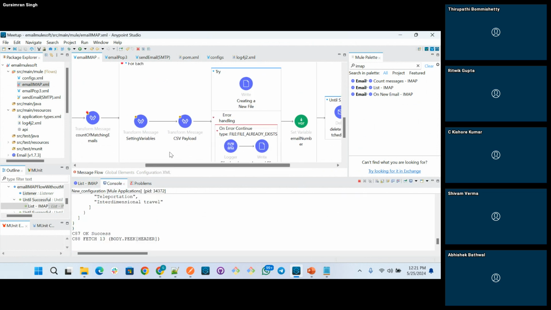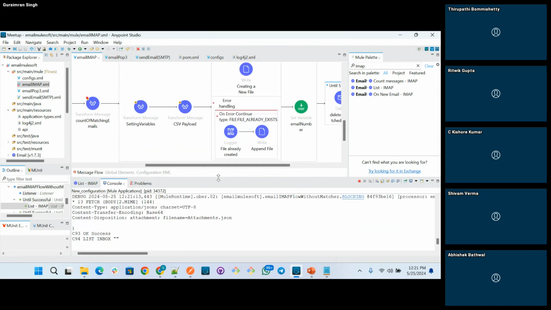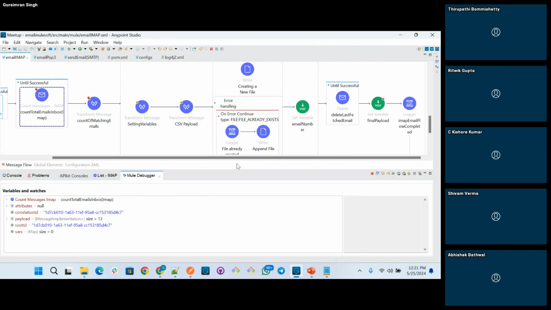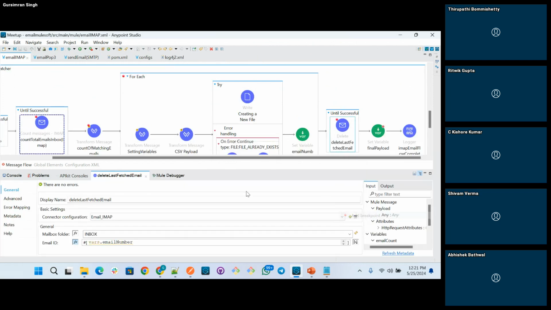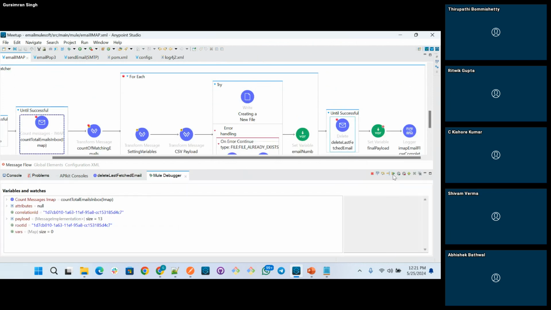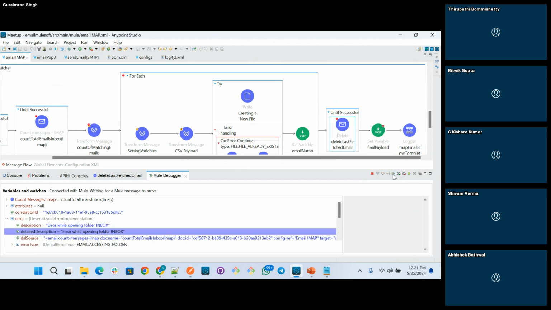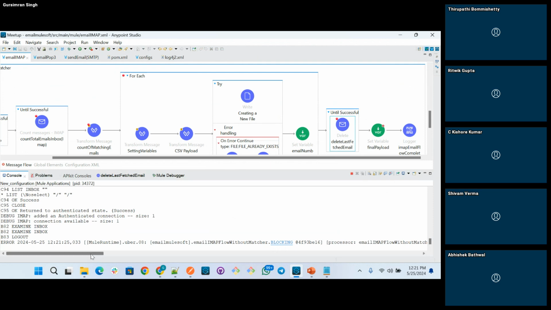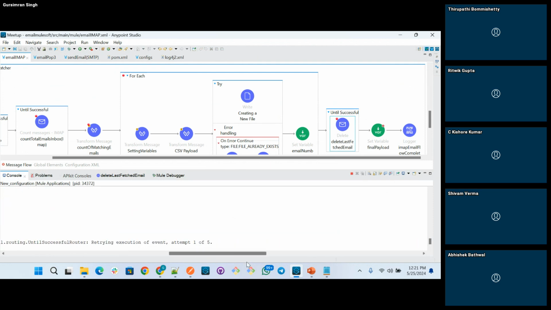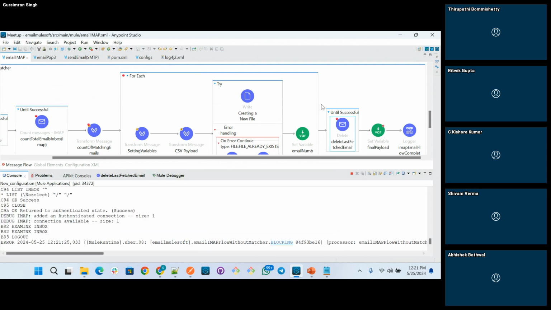It's retrieving from here. I will not keep any breakpoint here, just keep one because the payload is huge. Because of the huge payload, it's retrieving this event.